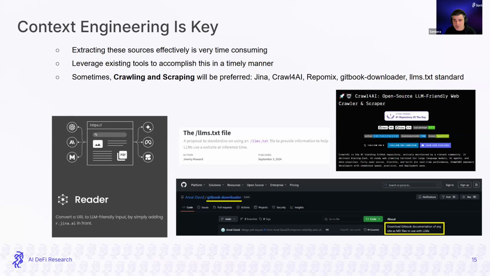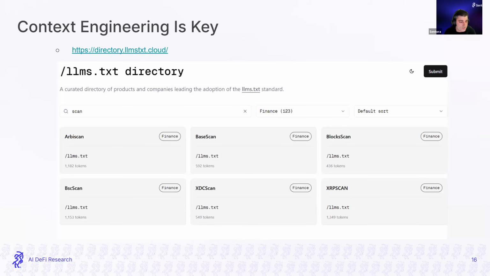Also, there are specialized tools for GitBook, like a Python script that allows you to scrape all the data on a GitBook into a single file. Or there are currently initiatives of having a standard called llms.txt, which is mostly a file that is added to the root URL of a website and allows having, for example, all the documentation of an API in a single text file. This requires the developers of that website to have that file available. But we can see how there are a lot of developers that are adding this already.